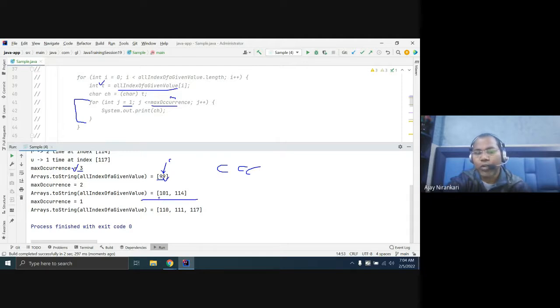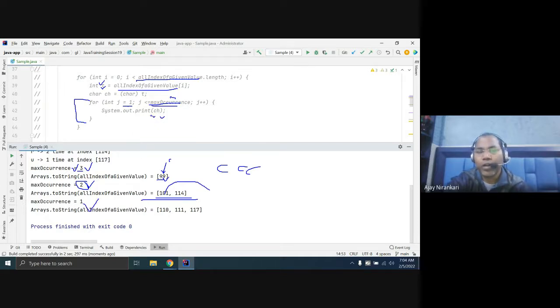So in this case I am going to run the loop 2 times. First character would be 101, and 101 is printed 2 times because this is your maximum length here, 2. So here you are running a loop from 1 to max. In this case max 3, in this case max 2, in this case max 1.